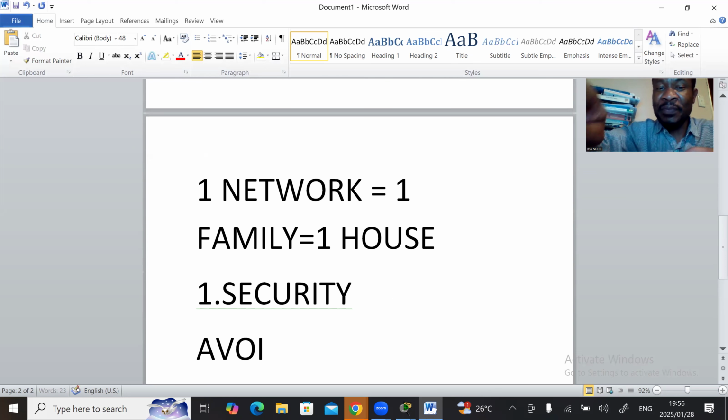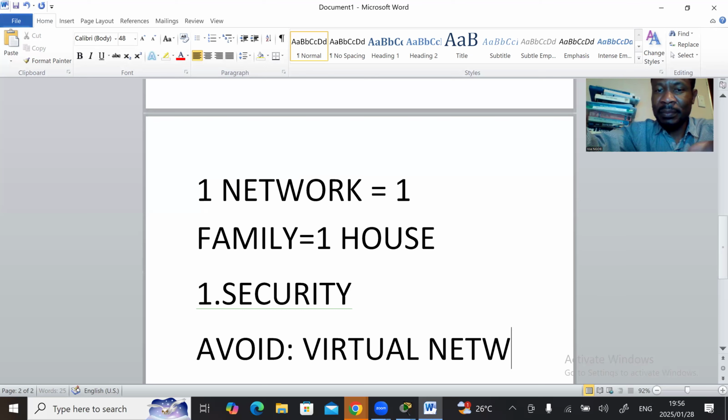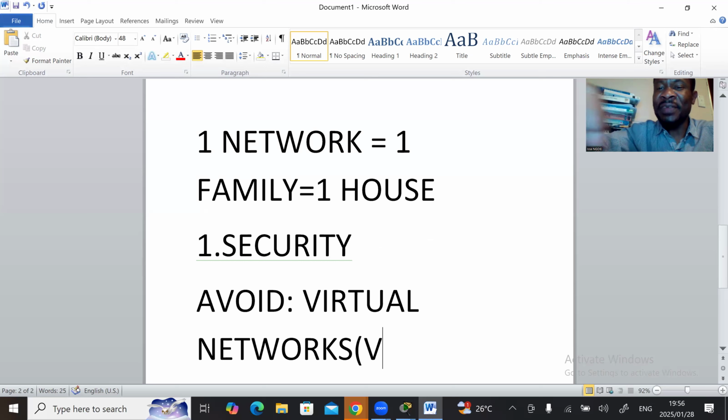For you to avoid this, you are going to create virtual networks, right? You can call them VLANs, virtual local area networks. You understand? So to avoid those security issues, you need to create virtual LANs on top of that physical device. When you see a wireless access point, in your mind, you can create virtual networks. And when they ask you why you need virtual networks, it's because you want to secure the communications, right? Number two,